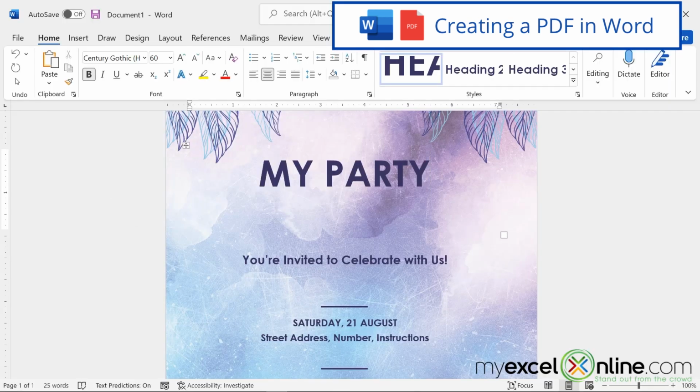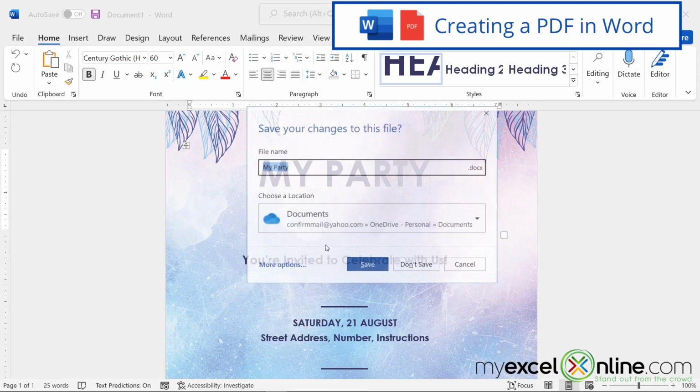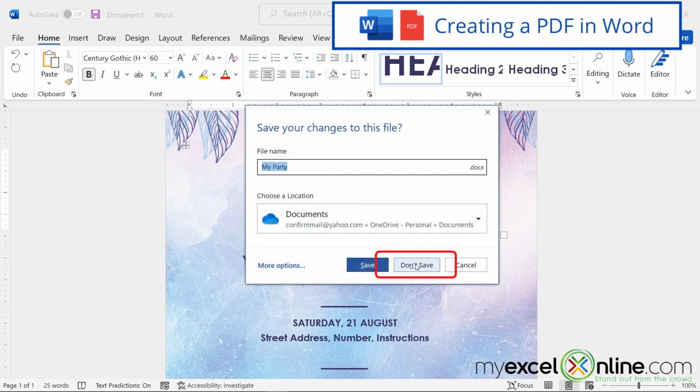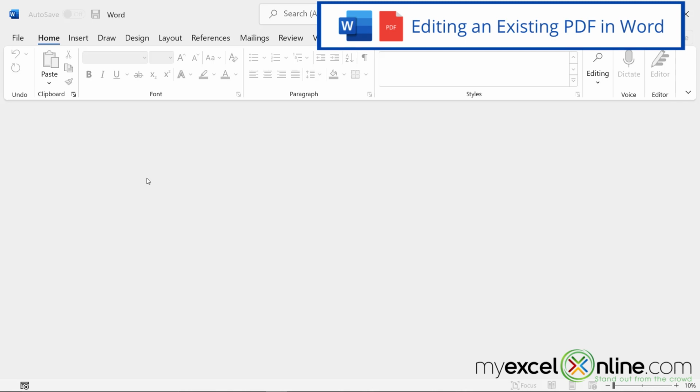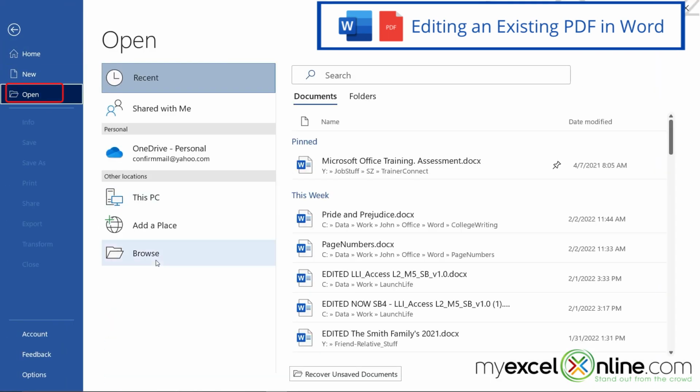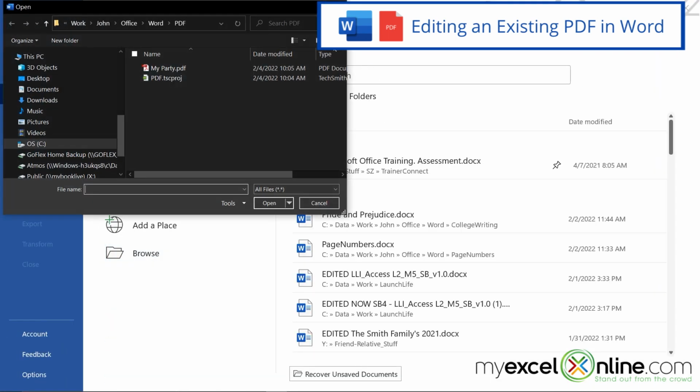So I'm going to go back to Word and I'm just going to go to File, Close, and I'm not going to save this document. But what I would like to show you here is that you can also open and edit a PDF inside of Microsoft Word. So if you go to File, Open, let's open up the PDF that we have just created,